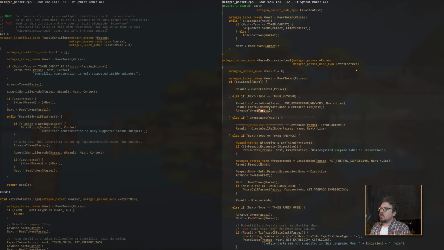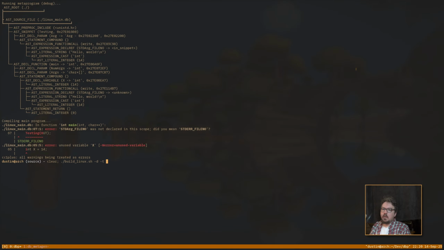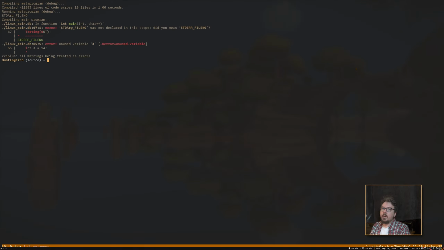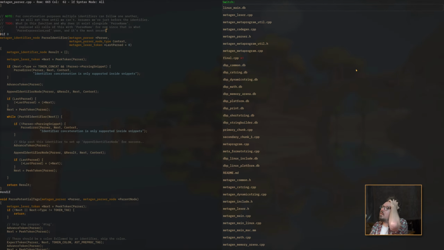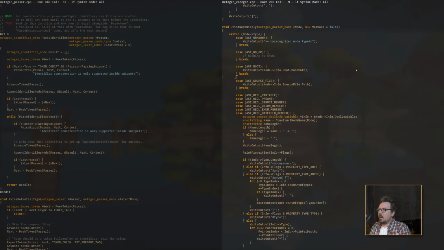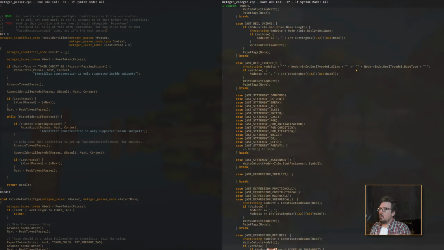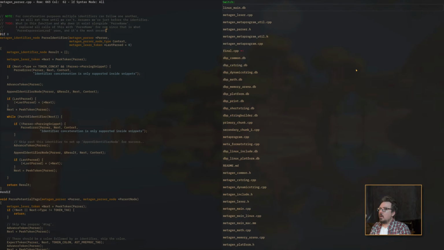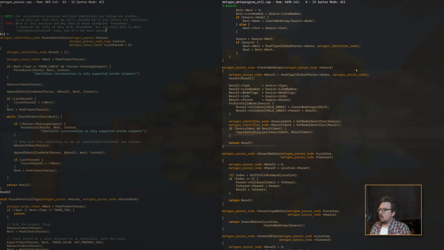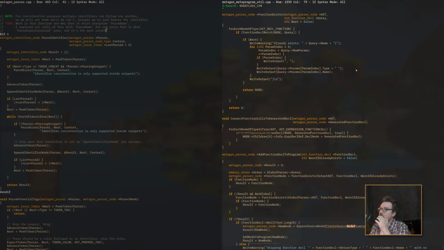So, parse name is where this flag needs to go. Target node flags or equals token node flag concat. Are we back now? Are we doing what we want to do? There we go. Now we see it. Holy crap, what a wild goose chase. Node flags concat. This is in util. Node flags concat, which means we're also